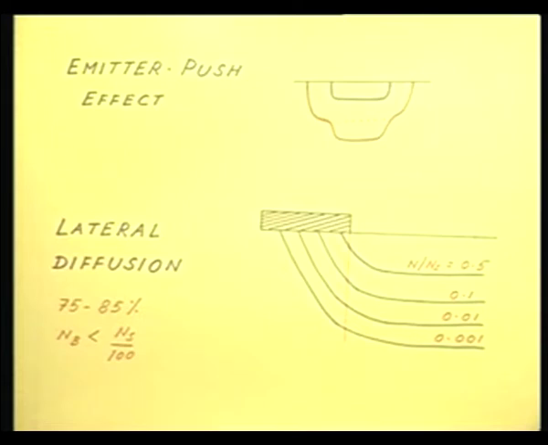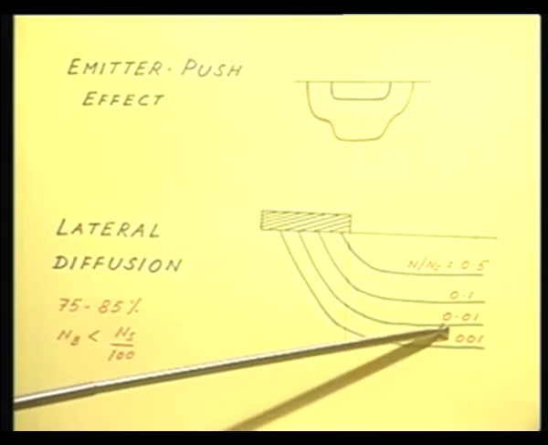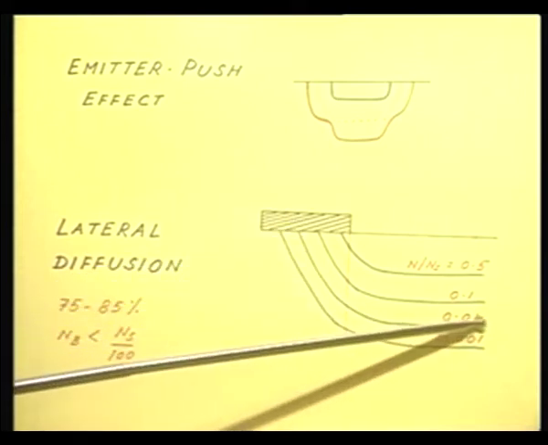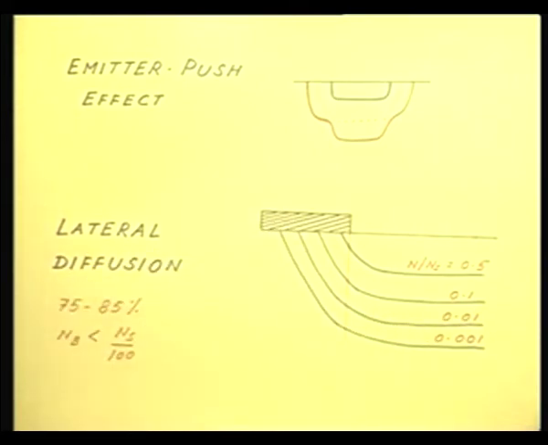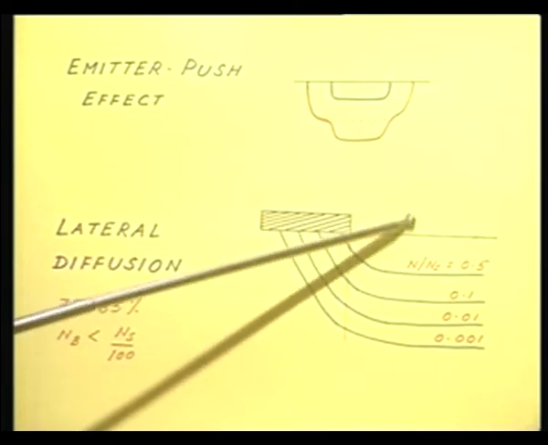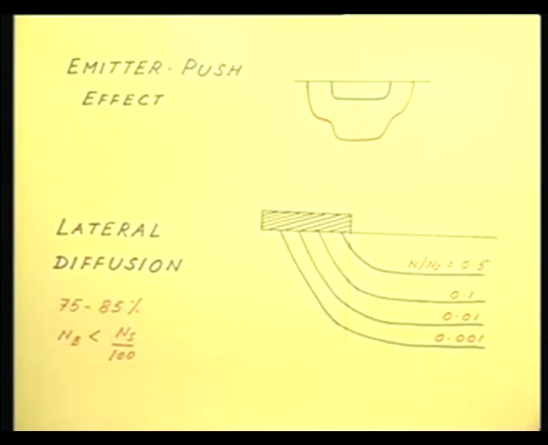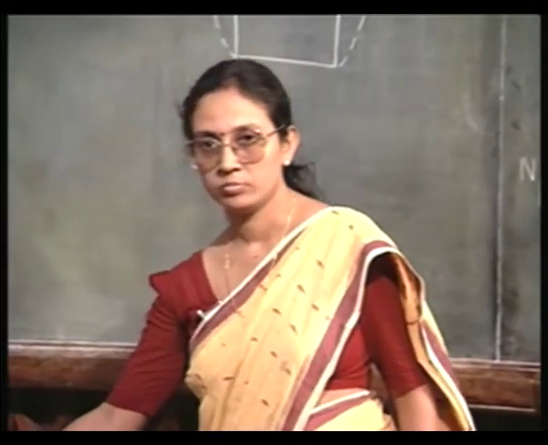In such cases, when NB is at least 100 times lower than the surface doping concentration, that is, we are talking about this contour line, or lower than that, where the junction is here, it is found that the extent of lateral diffusion is 75 to 85% of the vertical junction depth. That is to say, if you want to have a junction depth of 1 micron